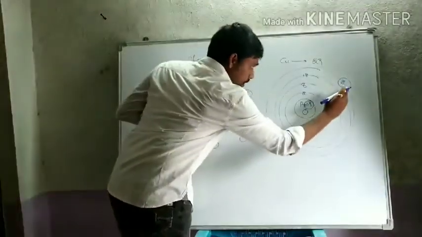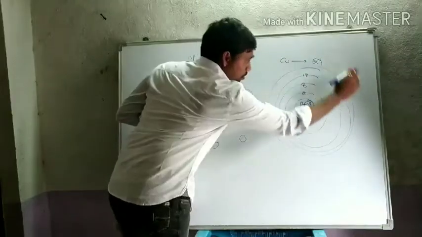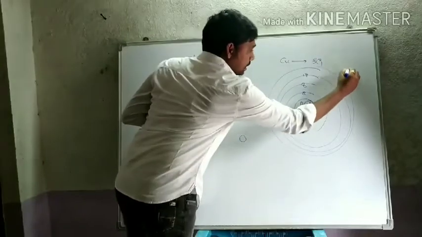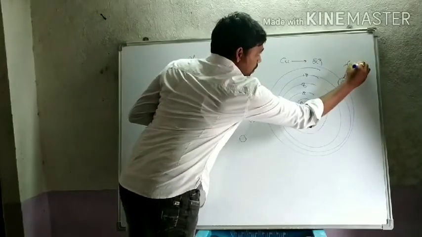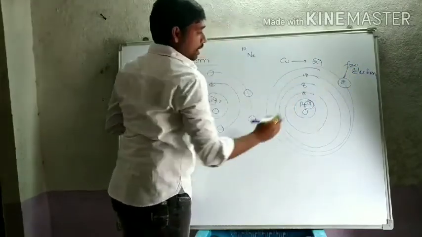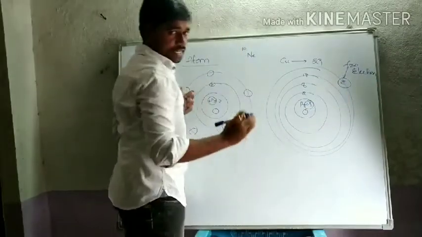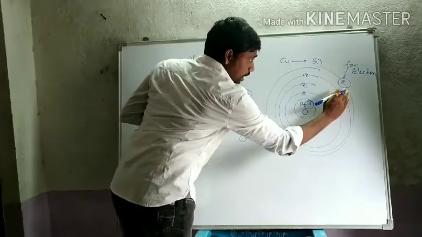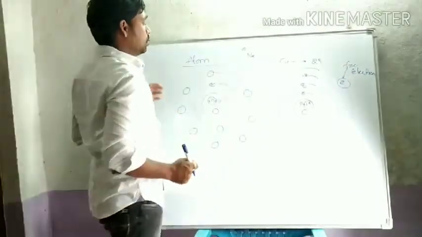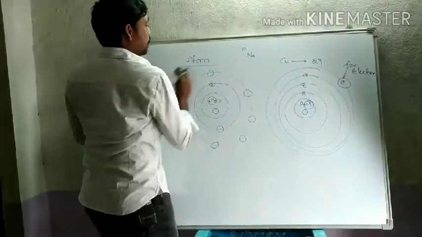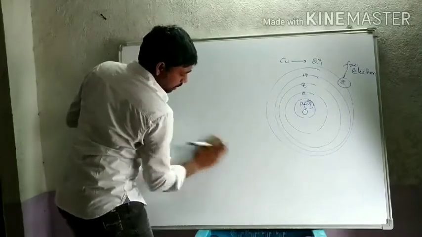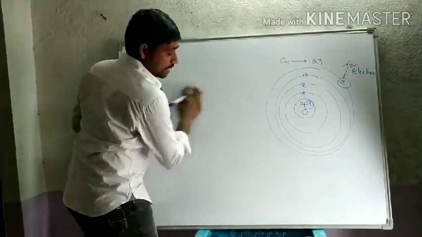If the electron in the outermost shell is loosely bound, this loosely bound electron we call a free electron. This free electron travels from one atom to another atom, and the motion of the electron from one atom to another we call electric current. If free electrons are not present in a material made up of atoms, then that material we call an insulator.